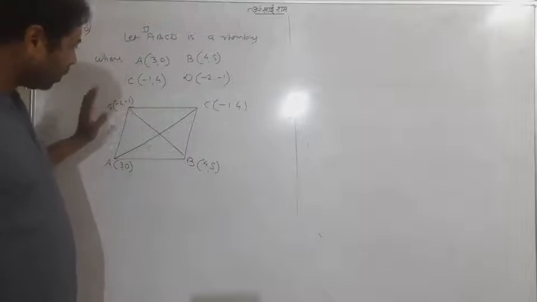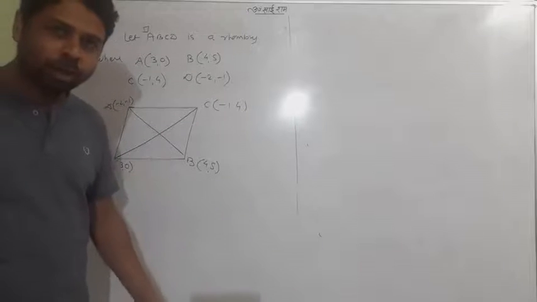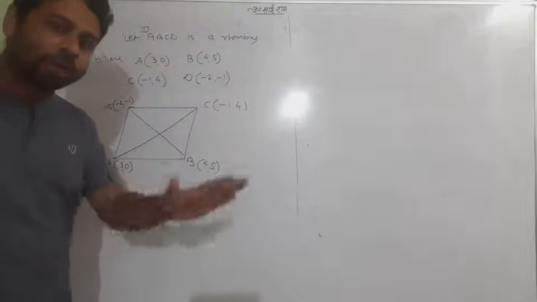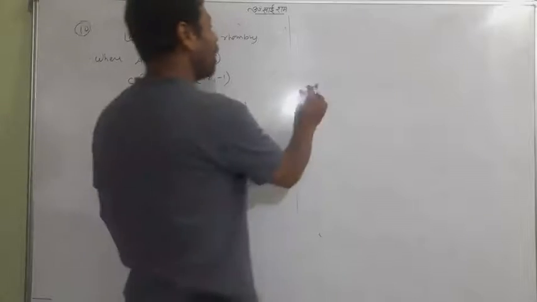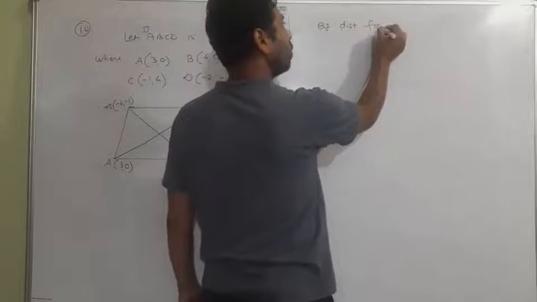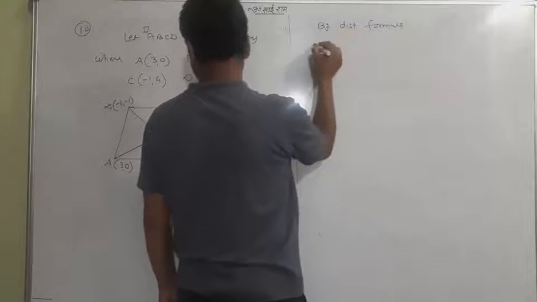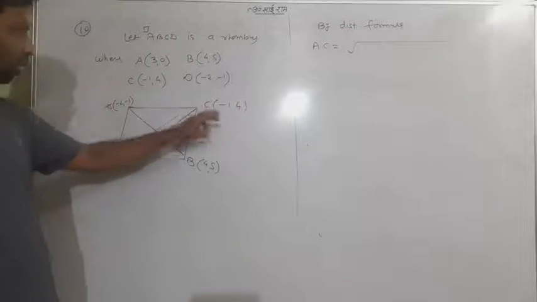So even though the question is from exercise 7.2, which is based on the division formula, the last question is not depending on the division formula. Okay, no matter at all. This is a very general question. I'll first find it by the distance formula. You can go through first AC. What do you think about AC? This is the first diagonal. Use the distance formula.